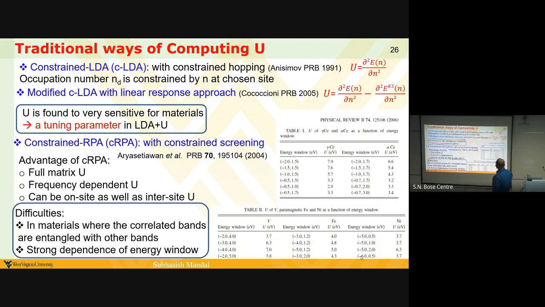One example is the use in ceriums or in irons, where the computed value of the U depends on the energy window that is there. So if you just use constrained RPA and get the U's and you want to build a database, it's not going to work, because now you have a frequency to handle and a window to handle. For one material, yes, it's going to work, because you can compute it and look at a particular energy scale where you are concentrating. But for building a database, it might not work.